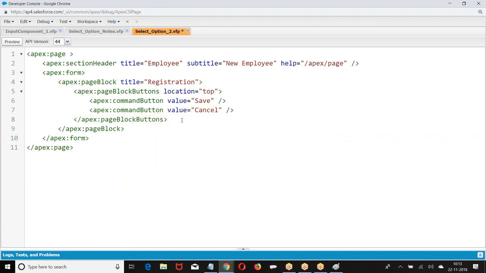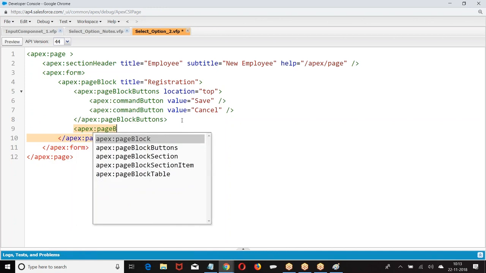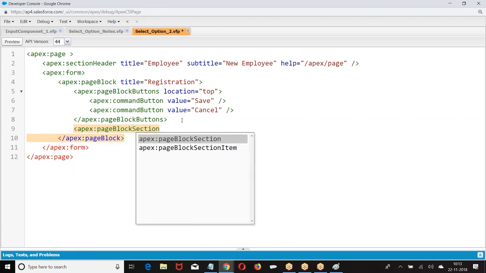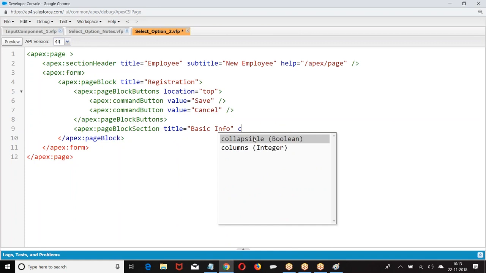Then I got a section, collapsible equal to false.